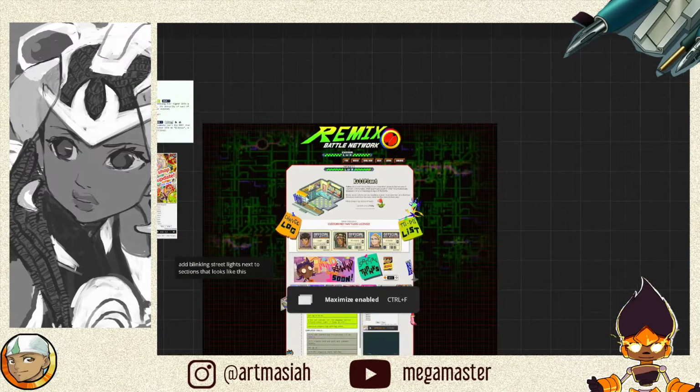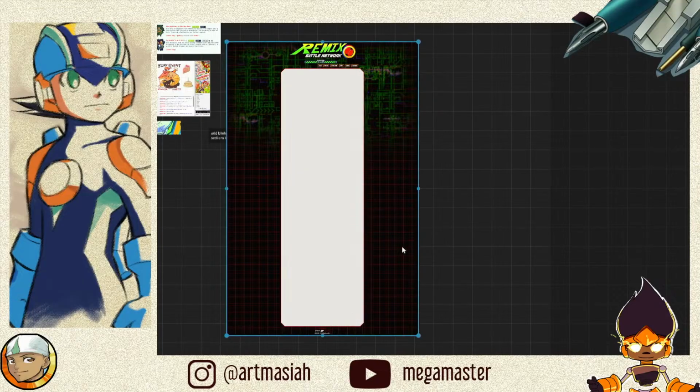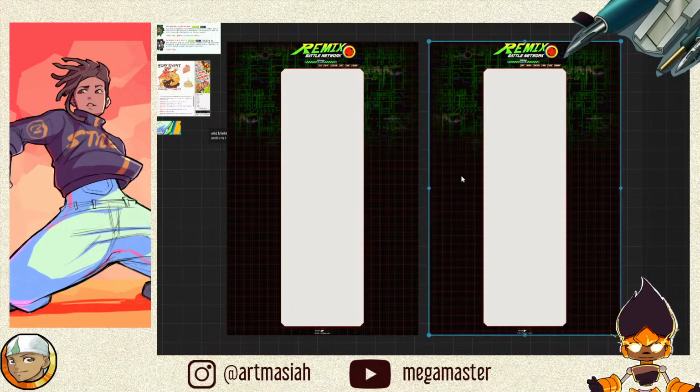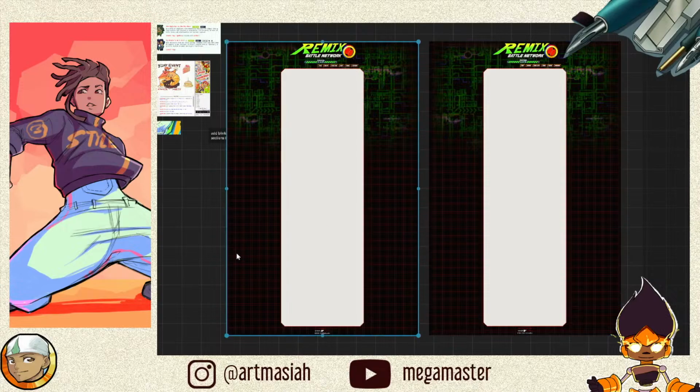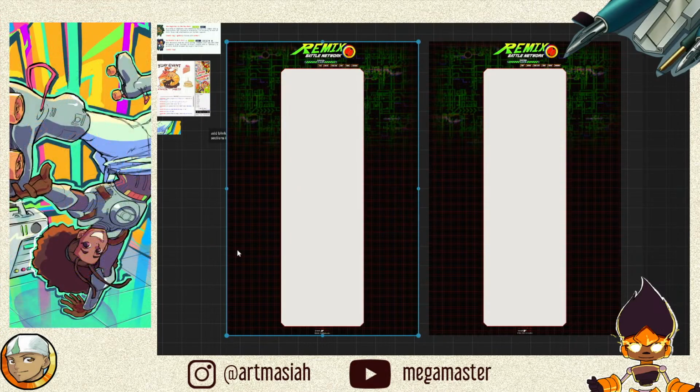So we're going to make this more big screen. This is locked, which is great, but I need to be able to select that, so I'm going to select it, copy it, paste it, and make something kind of side by side here. And what we're going to do is send this to the back again, which I believe you can hit Control back, or there's some button to do that.